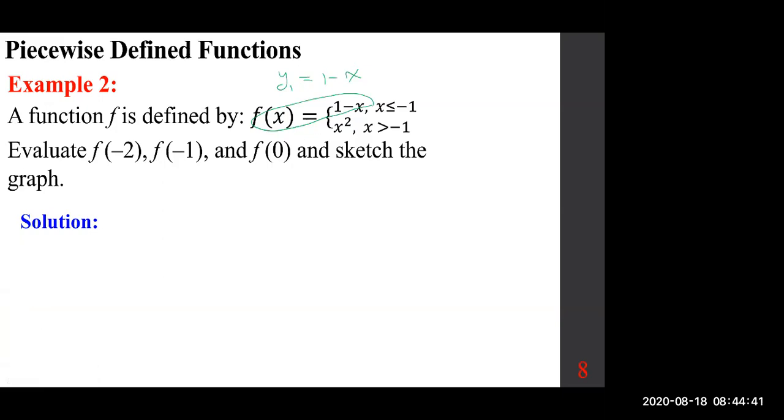This second portion, okay, and I'm going to put it up here, class, y sub 2 equals x squared. So in essence, you really have two functions. One of them is a line, 1 minus x, and one of them is a parabola, y equals x squared. You put them together, okay? Now, as far as the graph is concerned, just so you know, we'll do it later on. As far as the graph is concerned, the idea is very simple, okay? Remember, 1 minus x is the same as y equals 1 minus x,